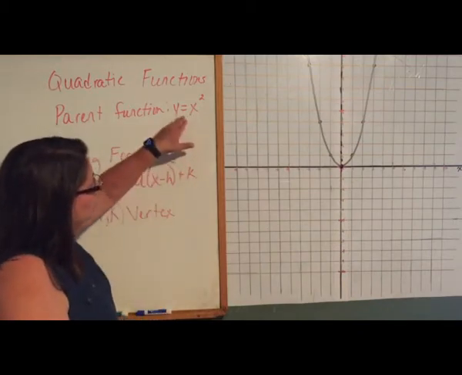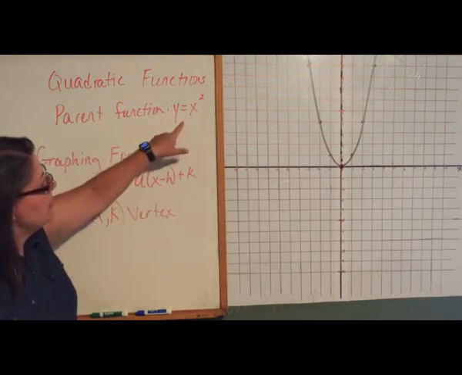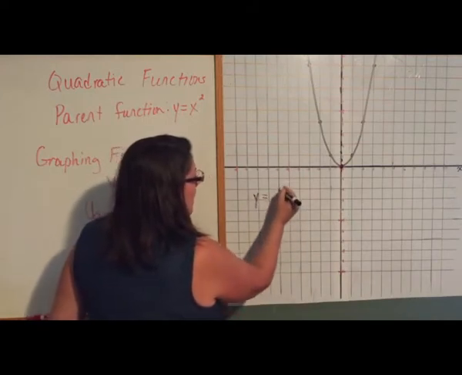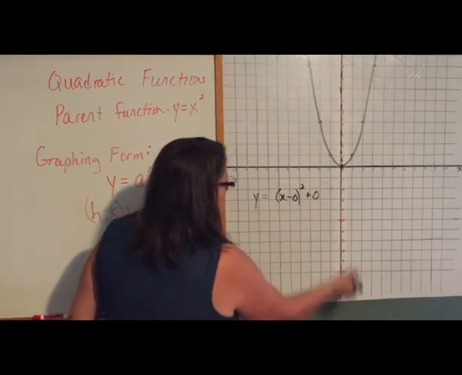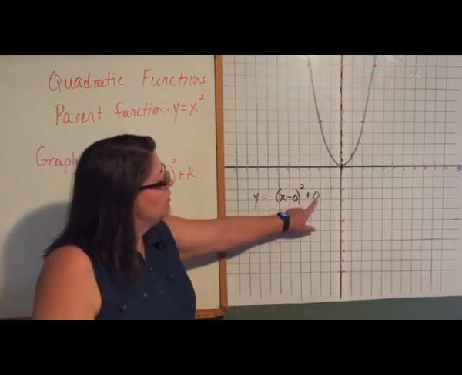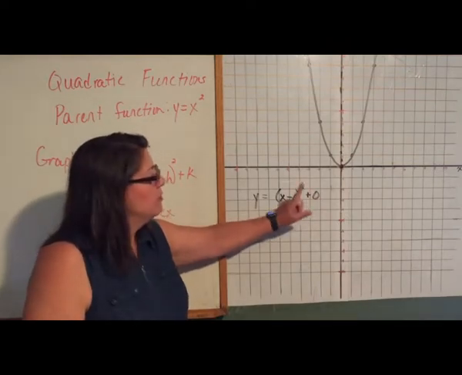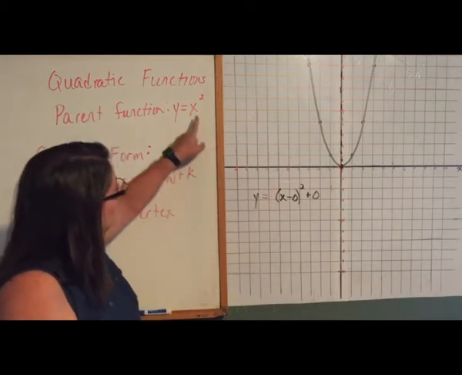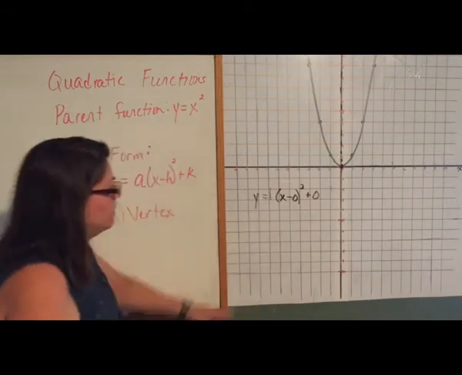And so if we were to write this in vertex or graphing form, we said that the parent function would be y equals x minus 0 squared plus 0. Still mathematically the same exact equation, but we're accounting here for the vertex in our formula. Plus, we need to think about what number might be here. Well, in front of the x squared here is a 1, so my a value in graphing form would be